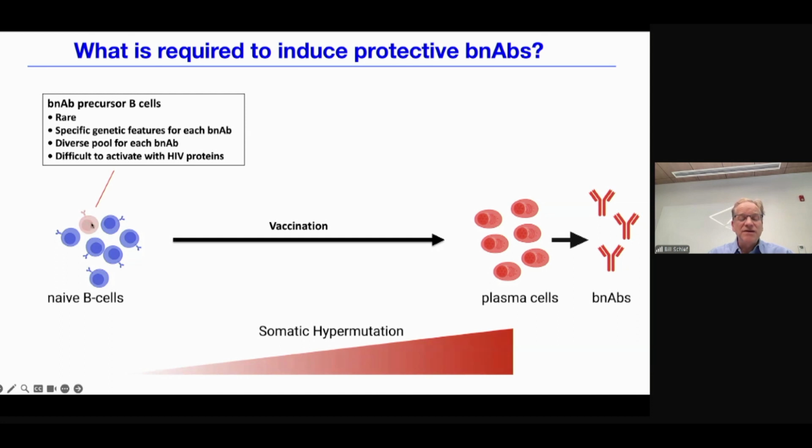And those naive B cells that have the right genetic properties are very rare. They have specific genetic features for each bNAb. So for each of those classes that I showed you, there is a specific structural mode of engagement, and that structural mode depends on specific human antibody genes. So not all recombination events can lead to a bNAb, only a very small subset of them that have the right